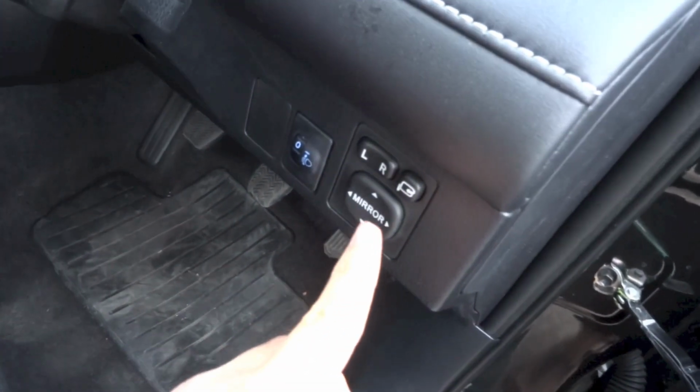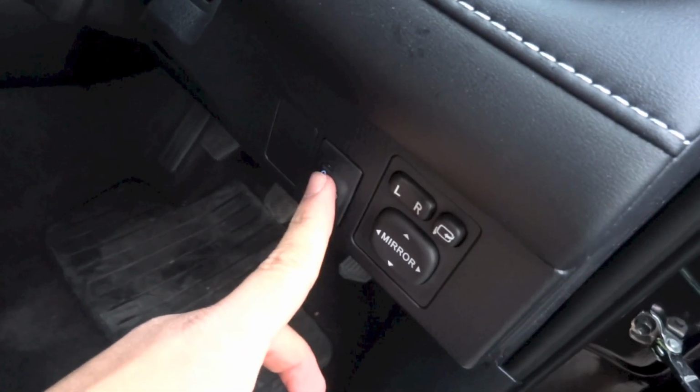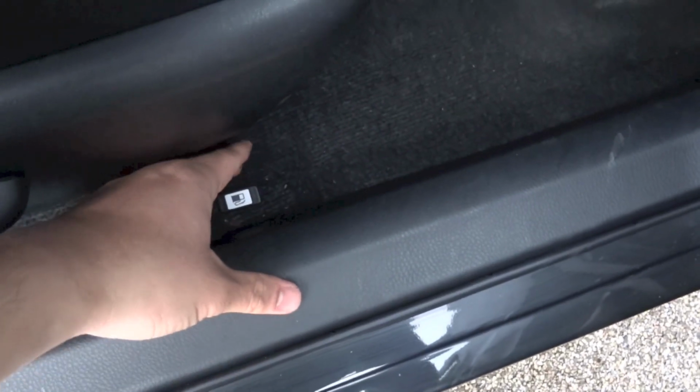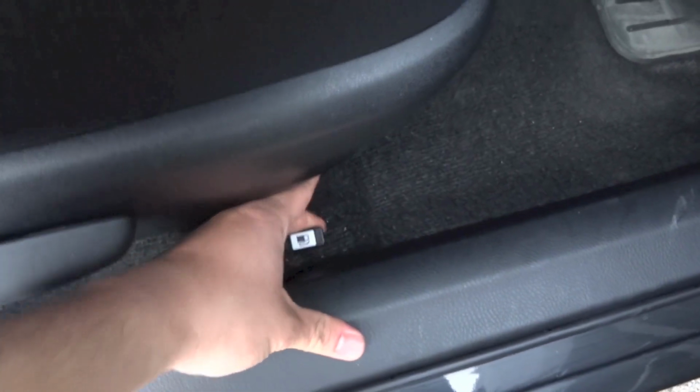Right here you do have your mirror controls, and right next to it you do have the lever to adjust the level of the headlight. Pull this lever to release the fuel flap,